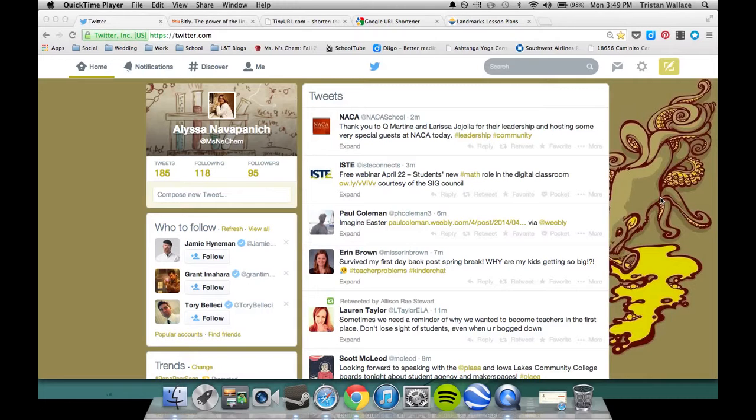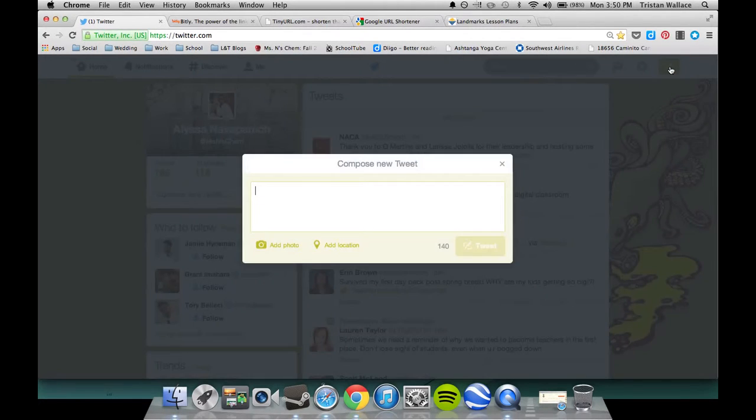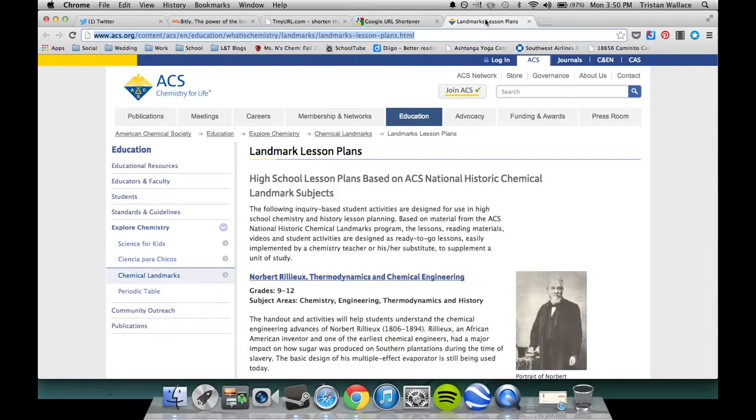What goes into composing a tweet? Let's try it. So you're going to go up here to this button over here. It says compose new tweet. All right, and it'll pop up with this window. Now, we always want to tweet stuff that is engaging or adds value to other people that might